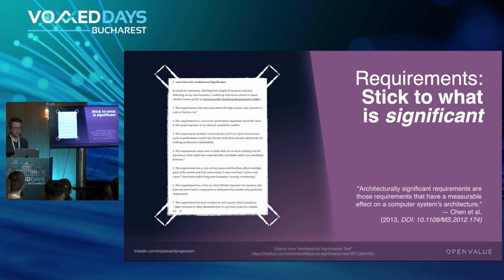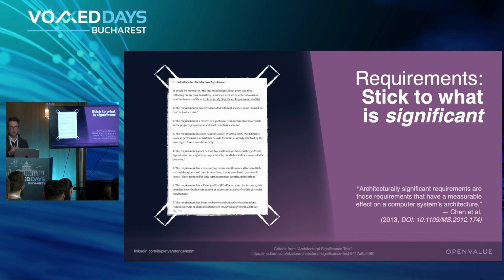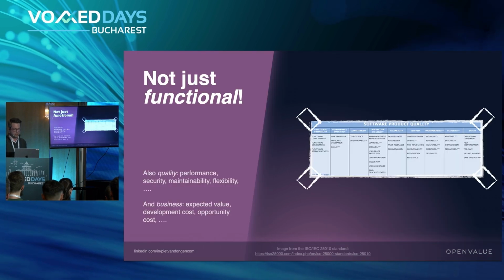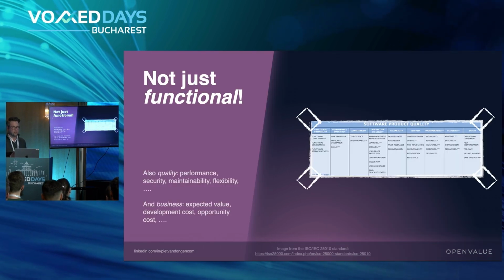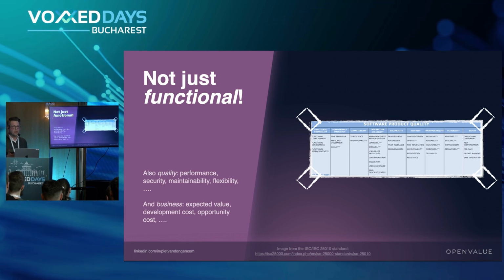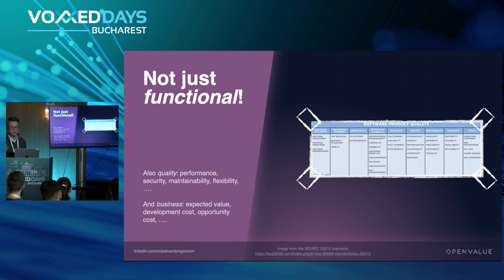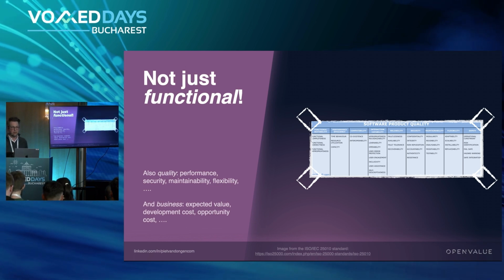And significant means, for example, something that's high risk or high value, or something that's been tried before but failed. Helpful is a list of quality requirements, because they shouldn't be only functional. And you need to think of business requirements as well. Like I said, the cost of delay, for example, could be really important. If you don't do this fast, then you're too late.